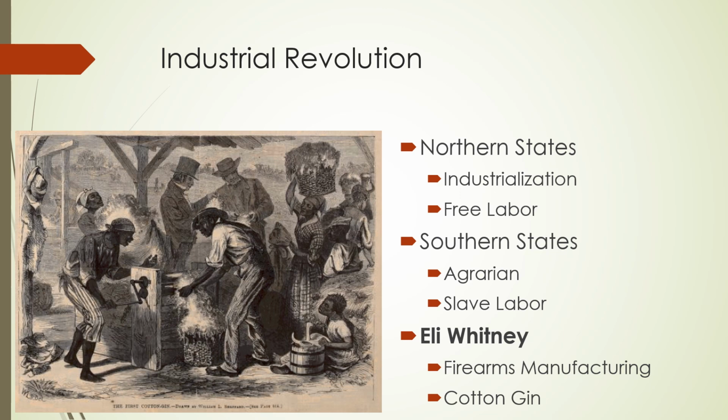Okay, and remember, we said that in the Industrial Revolution, not everything happens at once. So one aspect of production gets industrialized, everything else is still done the old way by human labor and animal labor. So in the North, they figured out how to manufacture thread and fabric through mechanization. But in the South, land still has to be cleared by hand. It still has to be tilled by hand. It still has to be planted by hand. It still has to be picked by hand. And so the South's very much going to remain agrarian, all right, agricultural.